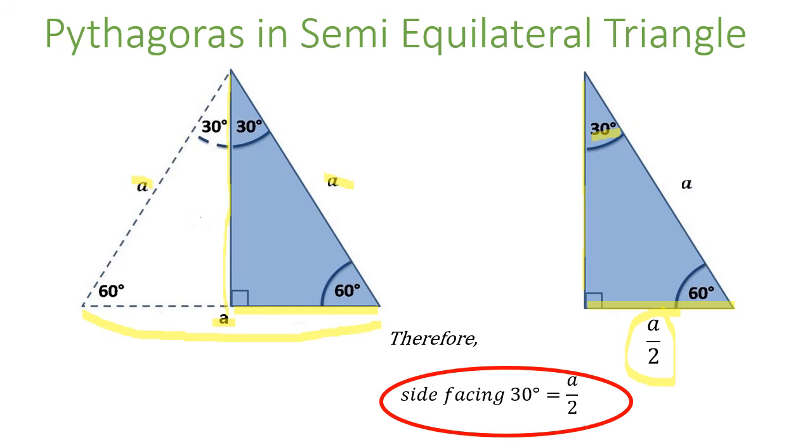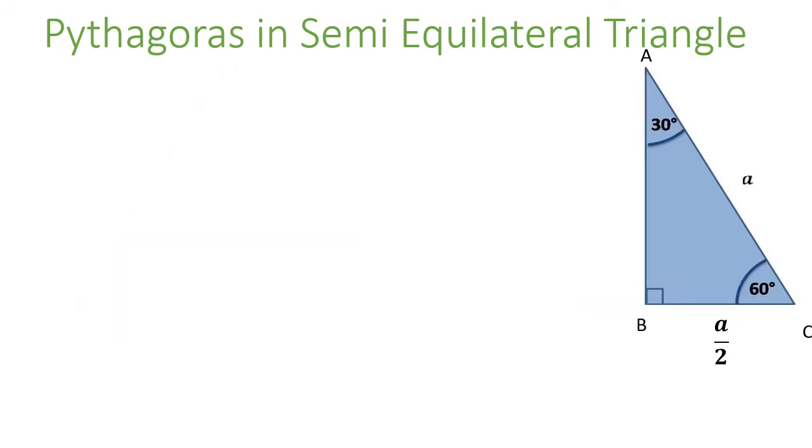It has a small angle and it has a bigger one and a 90-degree. So only the side facing 30 will be A over 2. After we have known the measure of the side facing 30, which is A over 2, and we know that the hypotenuse is A, now it's time to know the measure of the side facing the 60-degree angle,